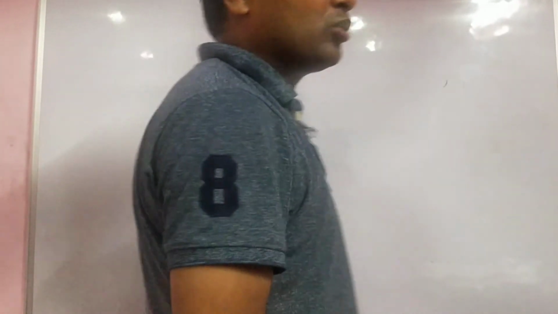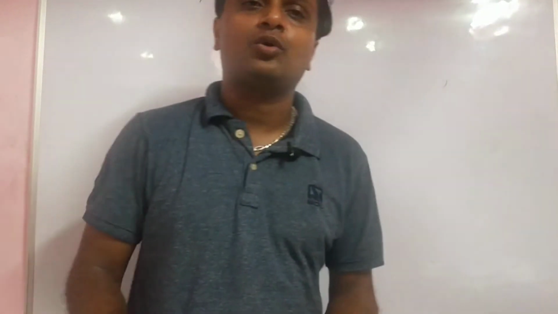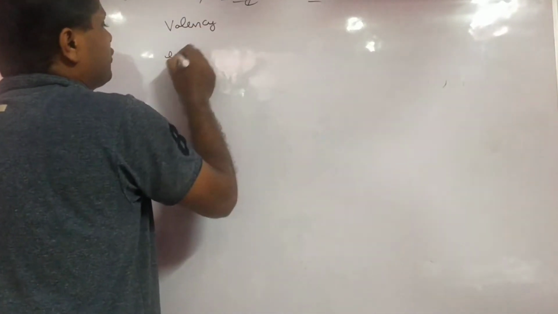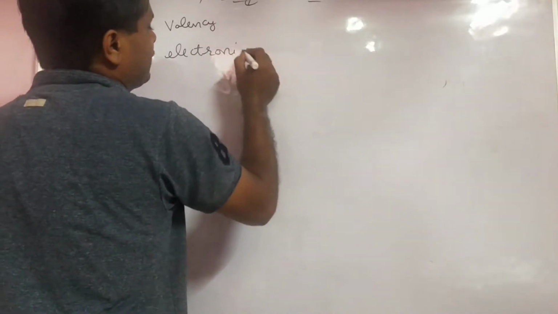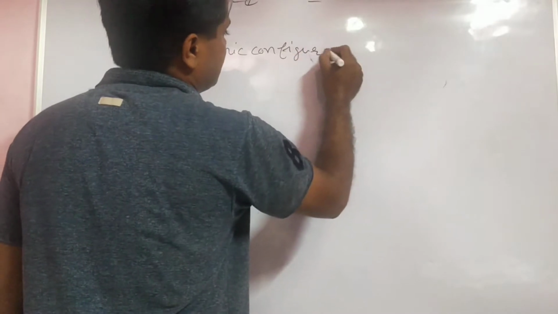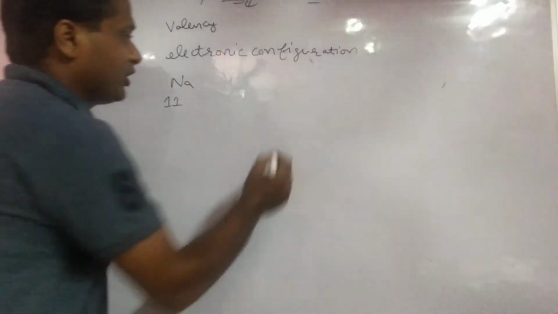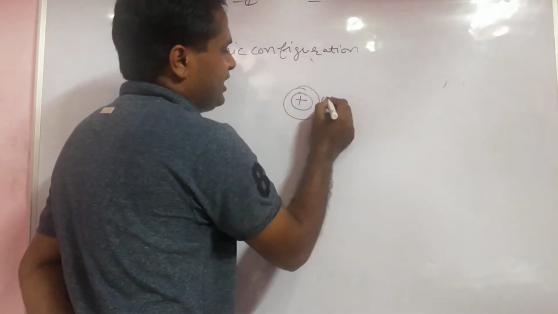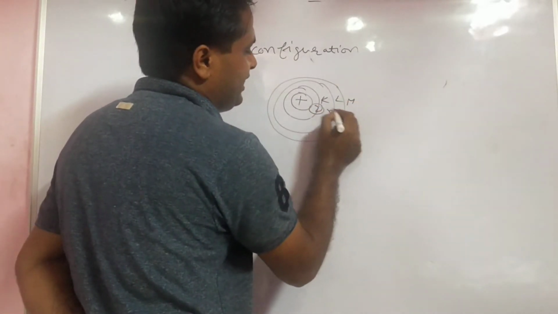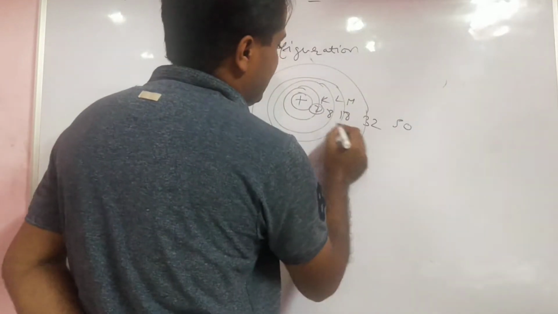I already told about the polyatomic and monatomic ions, radicals, valency also. One time I repeat, what is the valency and what is the electronic configuration? Electronic configuration. For example, sodium. Sodium atomic number is 11. Yes, already told in first shell K, then L, then M. In first shell 2 electrons will come, then 8, then 18, 32, then 50, KLMN.